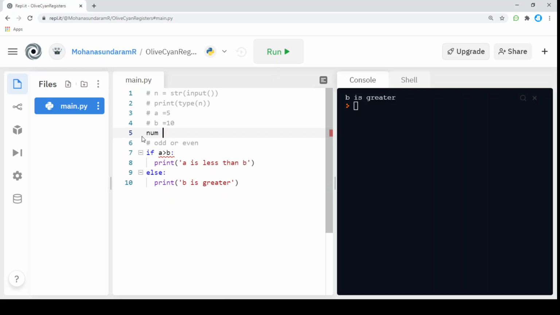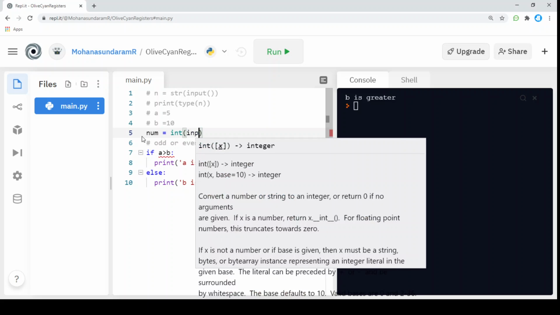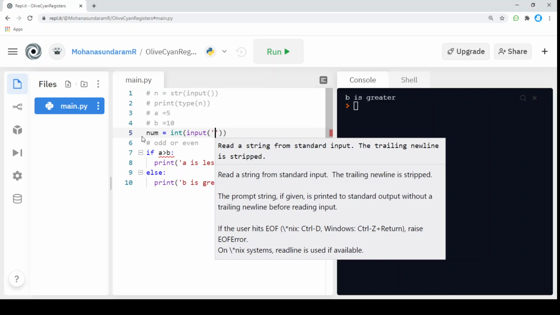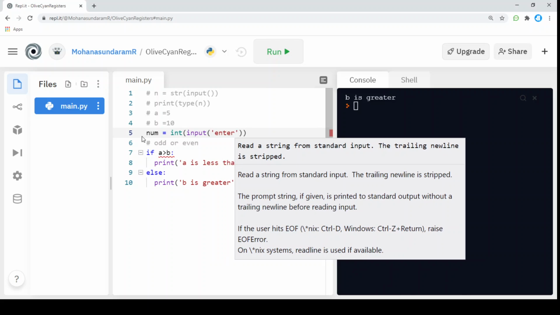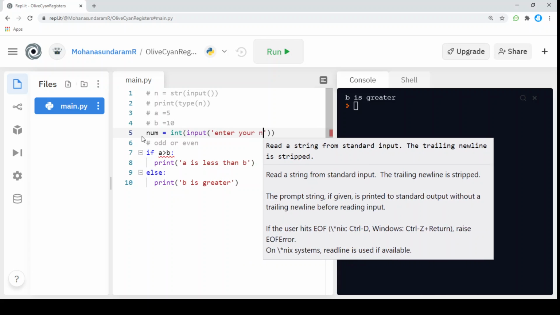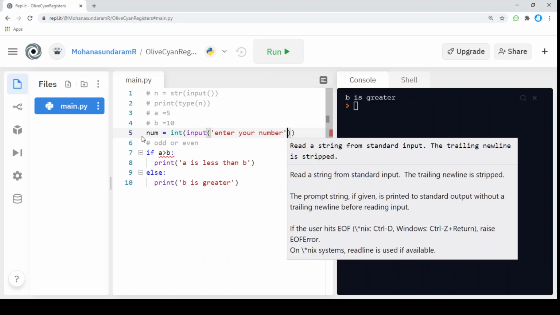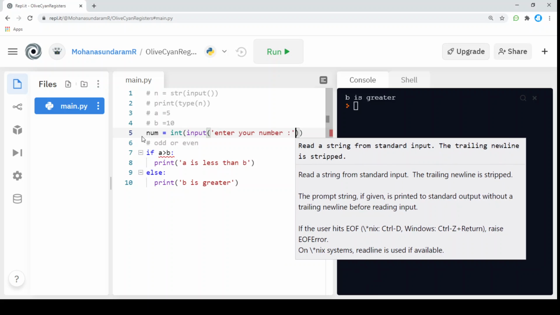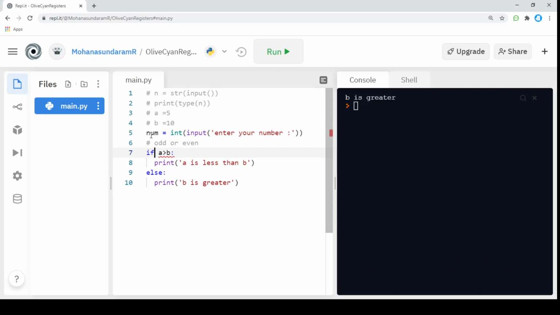It's going to be num, and it's going to be an integer input. On this line I'm getting an input from the user as an integer.